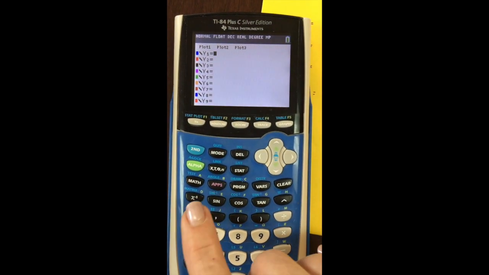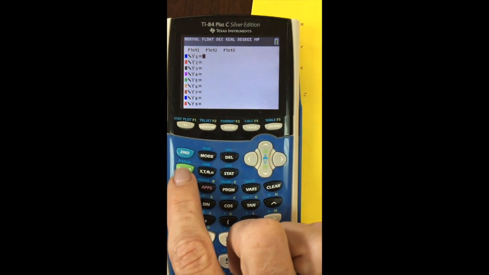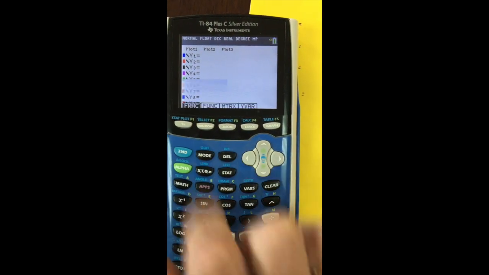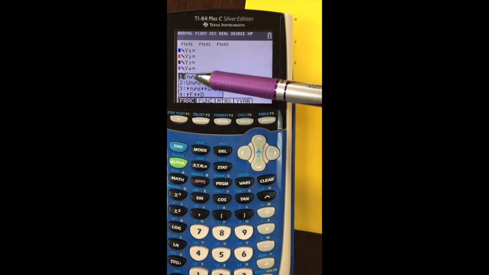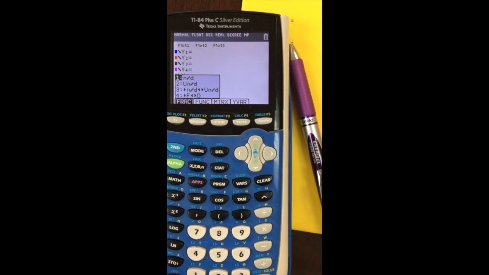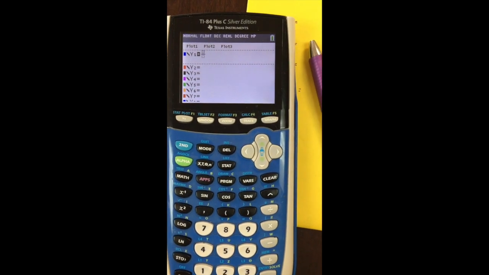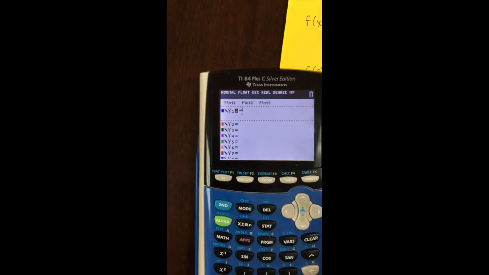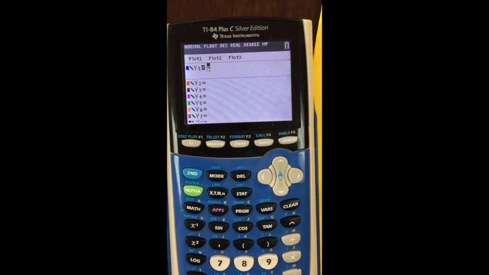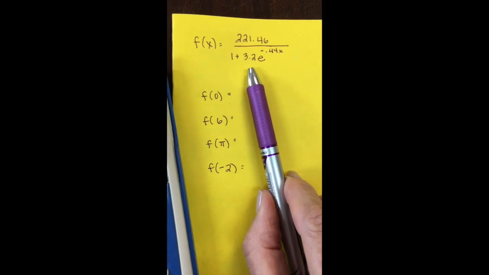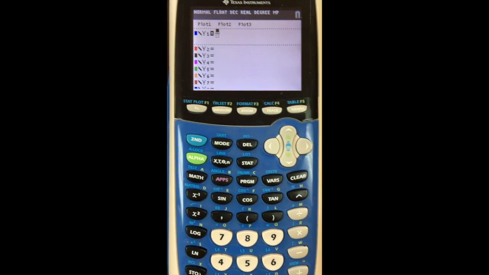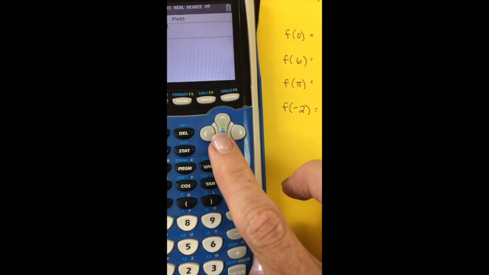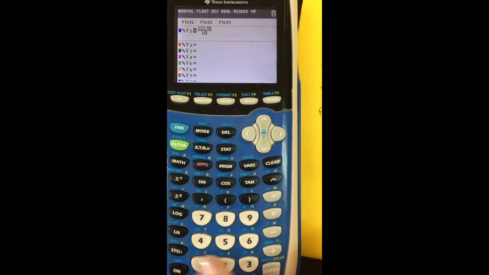Here on the newer calculator, one of the fun things that it will do, I'm going to hit the alpha key and then the Y equals button, and this little menu pops up, and the very top option is N/D, which stands for numerator denominator. If I select that, it gives me the skeleton of a fraction. And so I want to enter this equation as is using my fraction skeleton. So there's the equation again. We're going to do 221.46, and then I'll use my arrow key to bump down. 1 plus